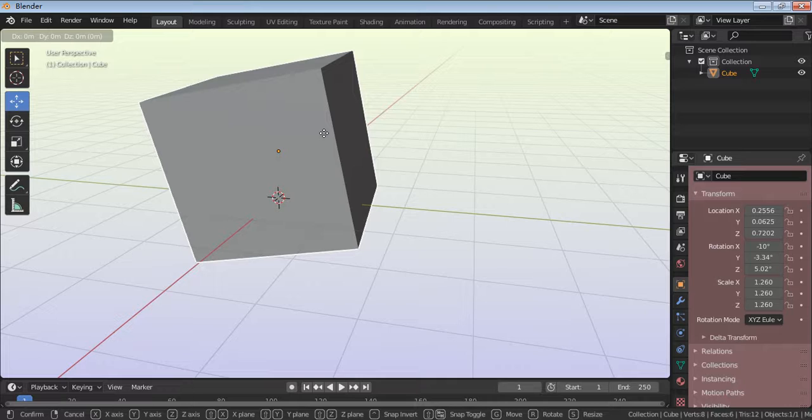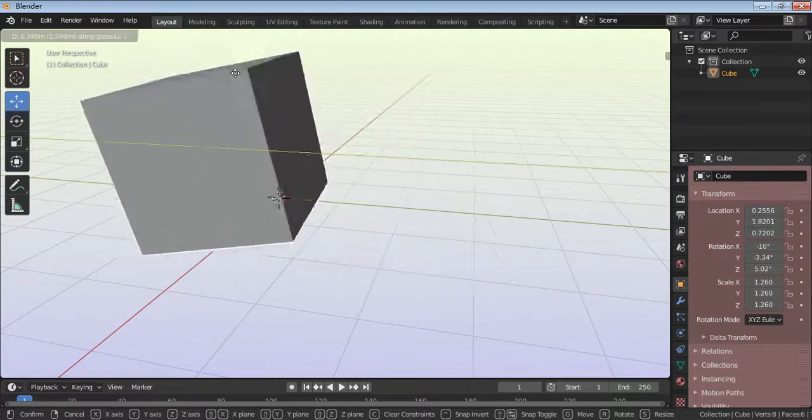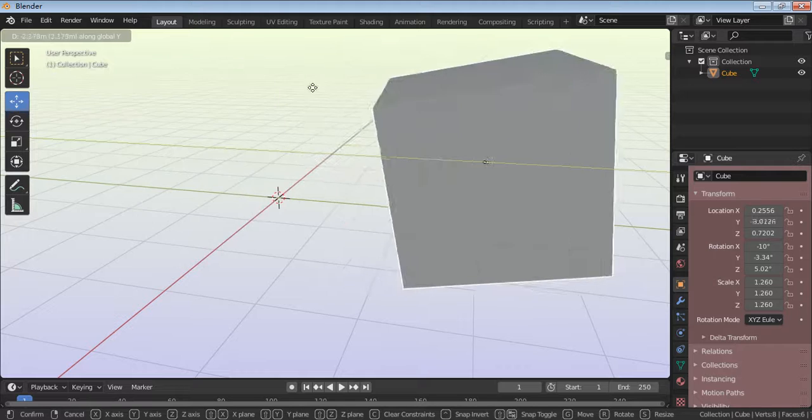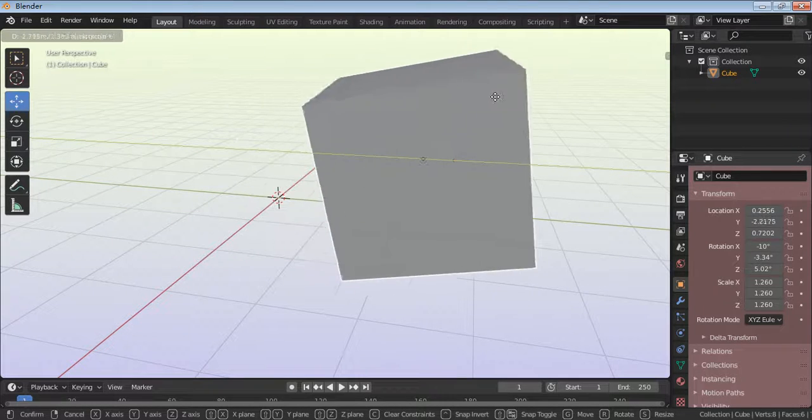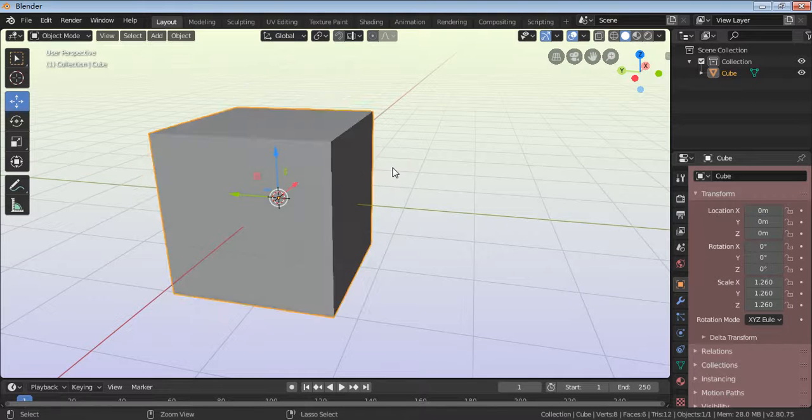But if I want to move it along only one direction, I choose one. So we've got the red line, the green line, and the blue line. Just reviewing that, the red line is X, the green line is Y, and the blue line is Z. So just press Y, and now when I move my mouse, it's locked to that. You can also press numbers to get certain actual angles you want, such as the rotation. So if I reshape my object quickly,